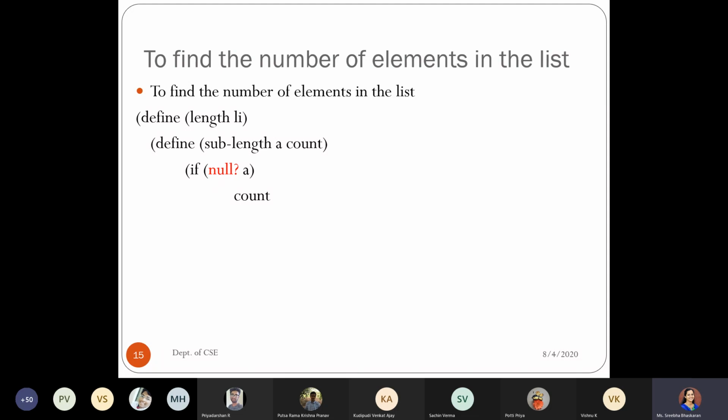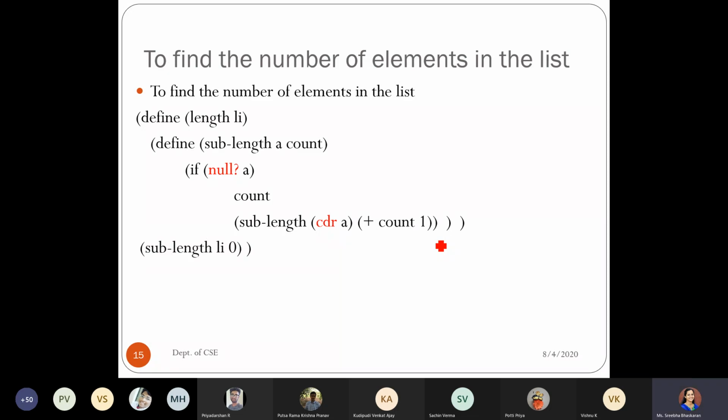If it is not satisfied, I will just call the sublength procedure. Each time I keep reducing the length of the list. For that I keep calling the CDR, so CDR of A. Along with this, keep incrementing the count. So this is the definition for the sublength procedure.